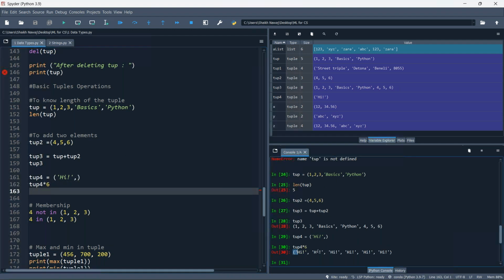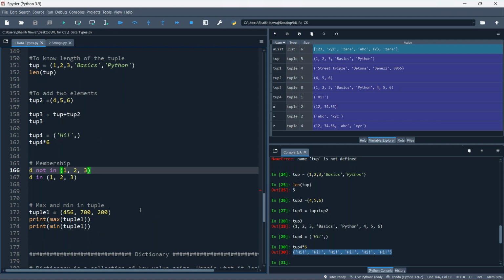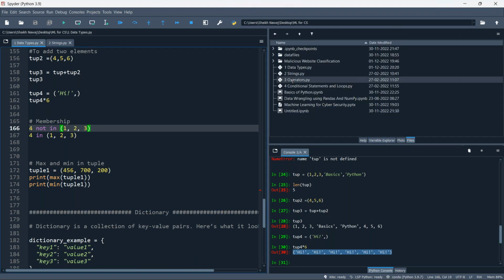Okay, now we got the new tuple with 6 high values inside it, right? Now after this, you will find the operators. We'll talk about this in the upcoming file. Here in the operators,